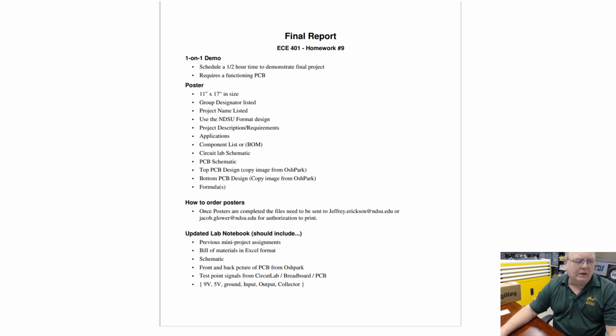Updated lab notebook should include the previous mini project assignments. Make sure that you have the bill of materials in Excel format. A schematic diagram. Make sure that the schematic diagram comes from Fusion 360. Of course, we want to see the front and back picture of the PCB from OshPark,